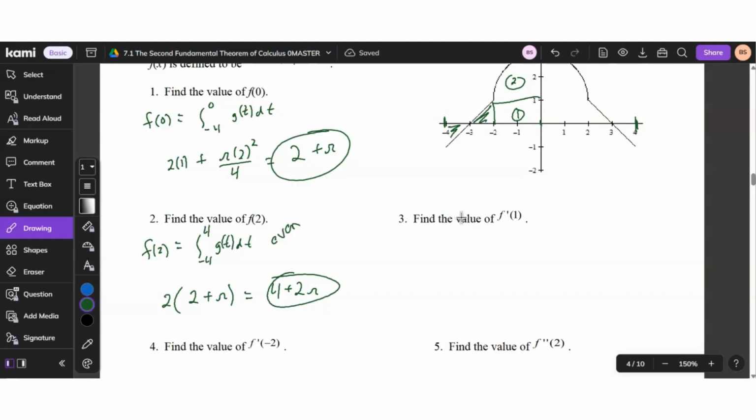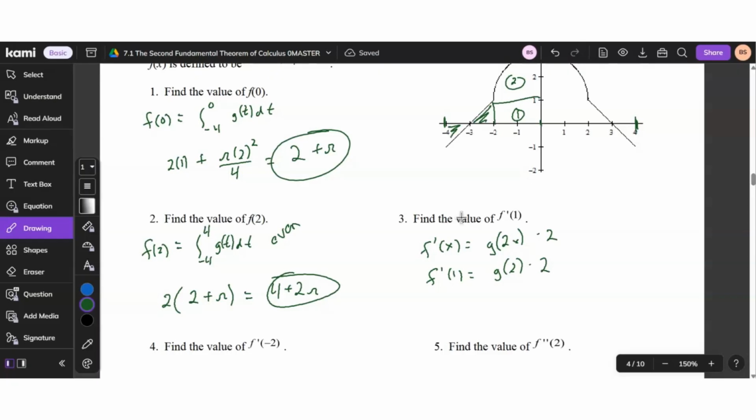Now we're going to put that second fundamental theorem into practice here, because now we're finding the derivative. So f prime of x, first of all, is just going to be g of t. So we're going to replace that to be g of 2x, since it is 2x that went into it, times 2. So f prime of 1 then can be g of 2